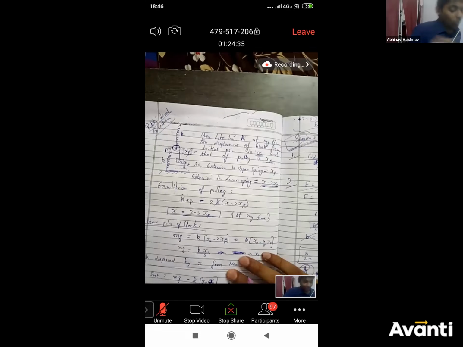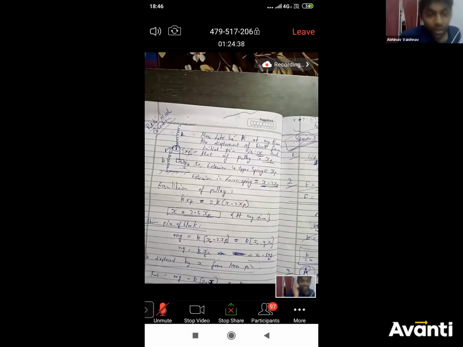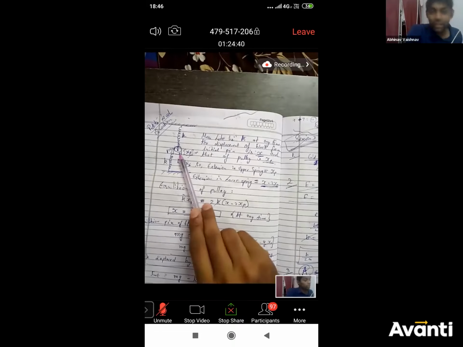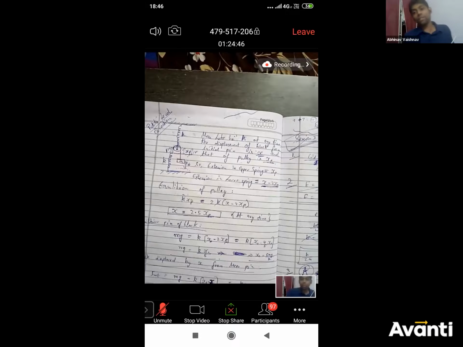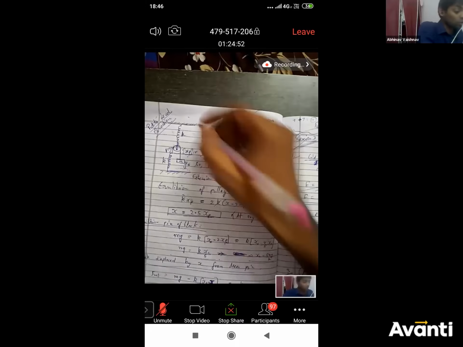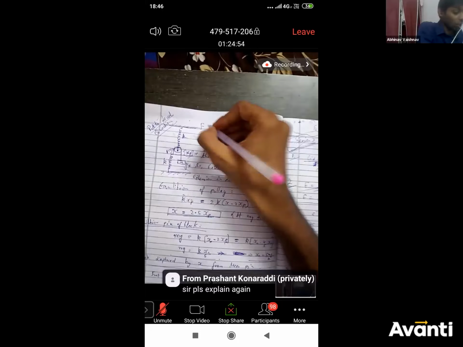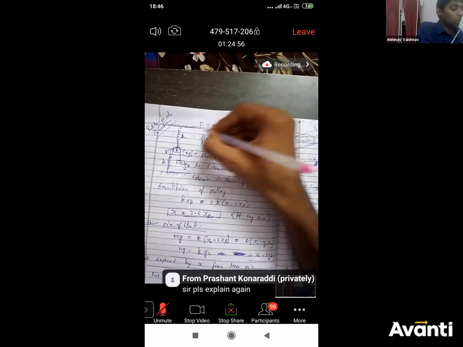So now, how will we find the relation between x and xp? So now we know this pulley is massless. All right. Since this pulley is massless, it will be in equilibrium. Anything which is massless will always be in equilibrium, right? Equilibrium matlab net force will be zero, right? Because net force equals ma by Newton's second law. So if m is zero,